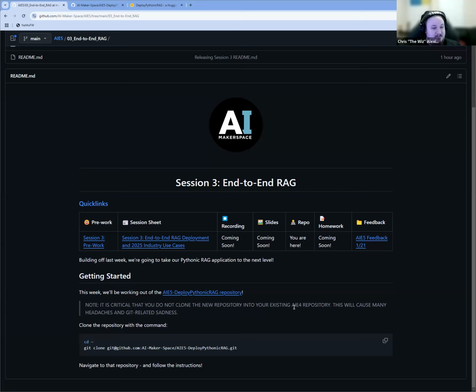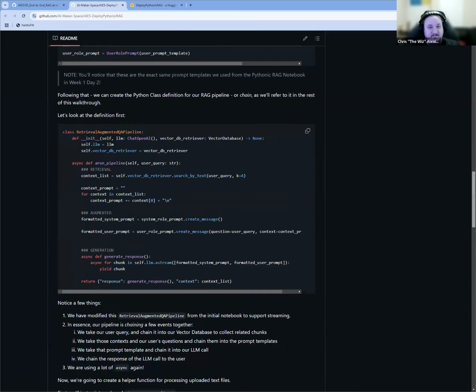This is extremely important. Please make sure that you do not do this in your current repository. You will have a headache that will need to be resolved by us, and then we will all get headaches. The big thing is if you just copy and paste this, it's going to automatically take care of that for you. But if not, just make sure you're not creating a sub repository. Git will let you do this, and it's perfectly manageable, but it will complicate things for your future. So just do that, and it'll be great.